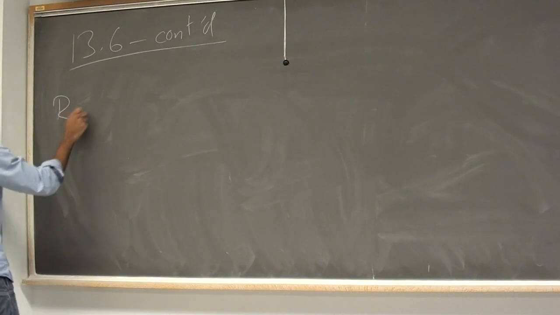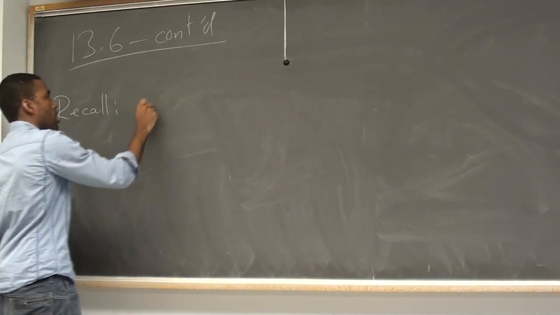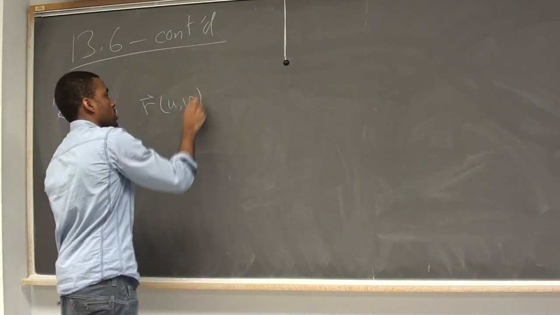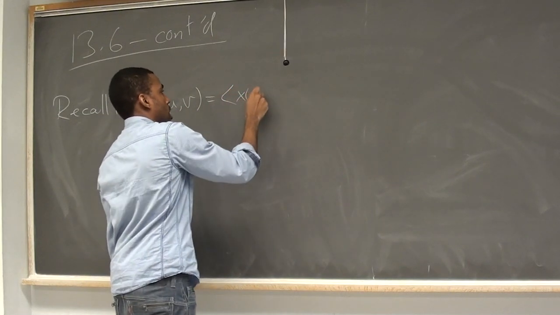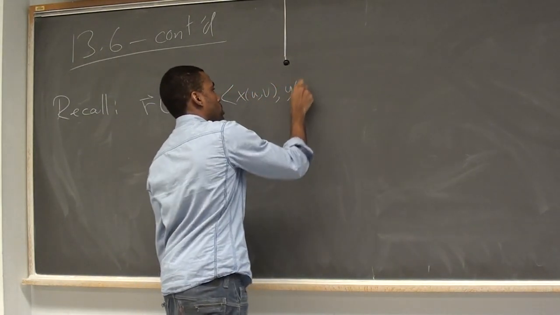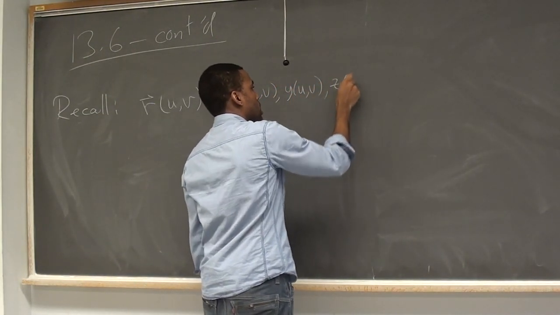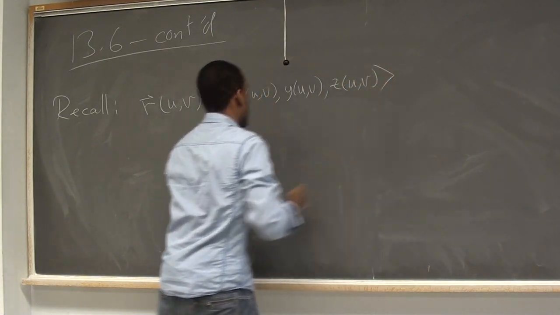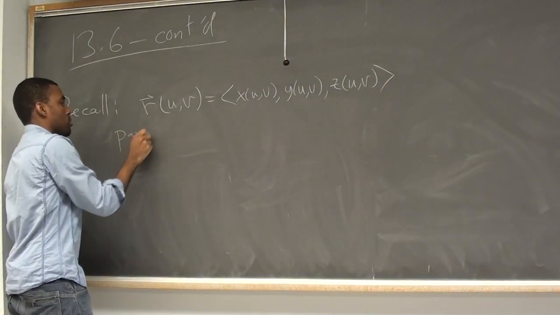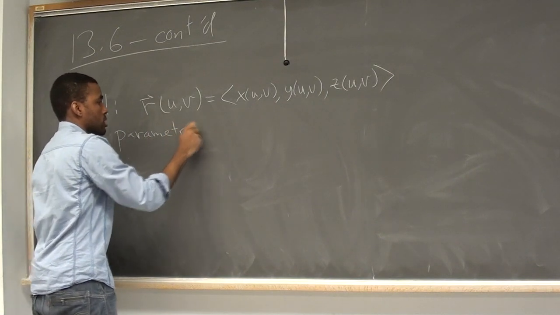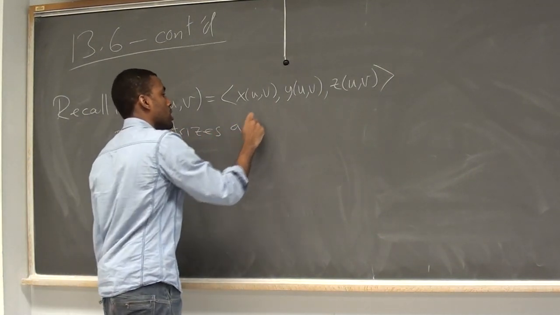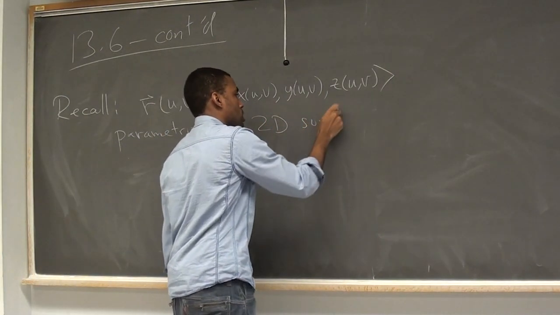So recall, r of u,v equals x of u,v, y of u,v, z of u,v parameterizes a 2D surface